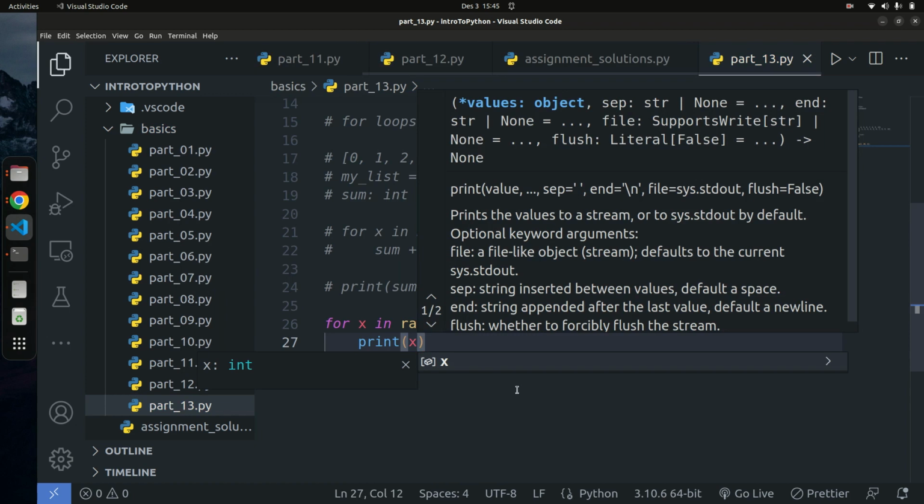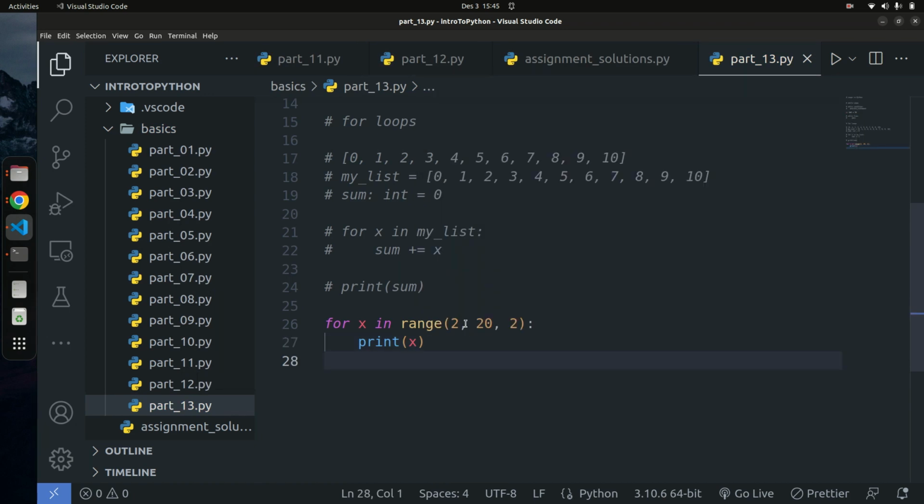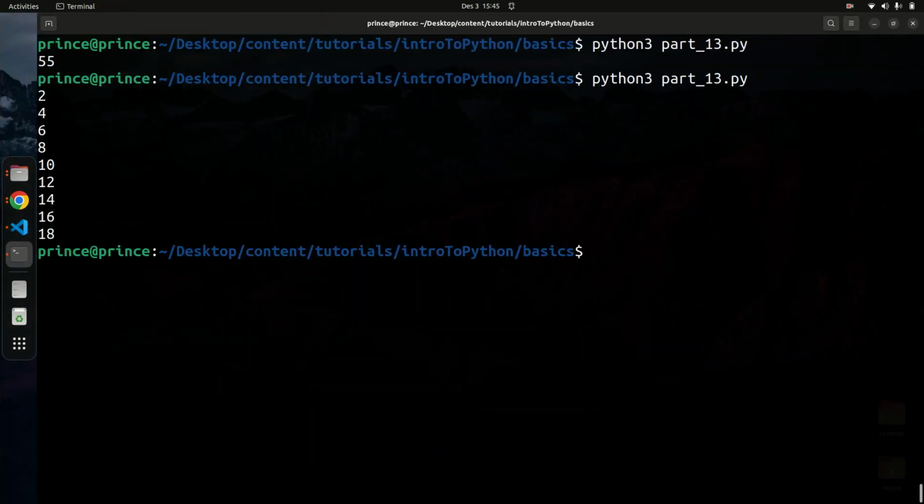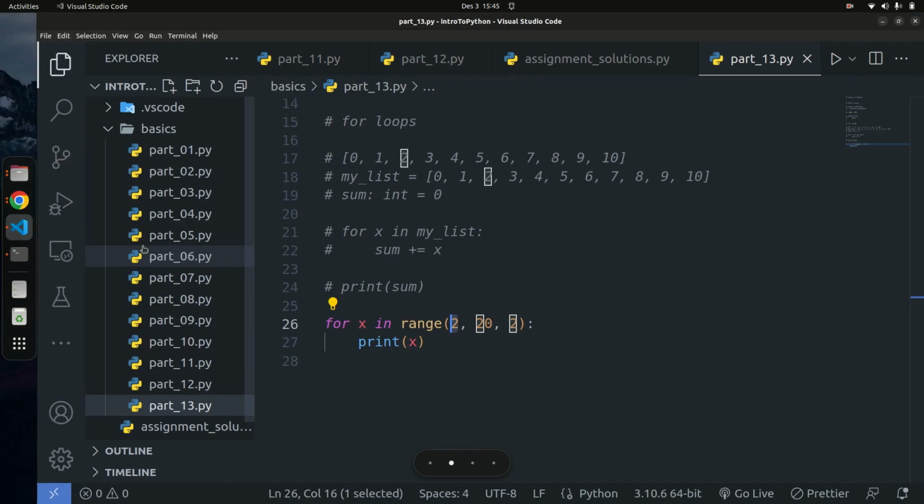Okay, so this 2 is going to be the start, 20 is going to be the end, and then finally how many to skip. So if you start with 2, we print 2, and then you're going to skip 2 values. So we're going to skip 3 and 4, and then we'll print another one. Okay, something like that if I'm not mistaken. So if I run it, you can see we print 2, and then we skip 2 values, we go to 4, we print 4, we skip 2 values, we go to 6, we skip 2 values, we go to 8, we skip 2 values, we go to 10, 12, and then all the way. So you can see we ended at 19, and 19